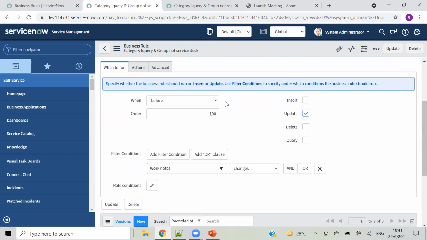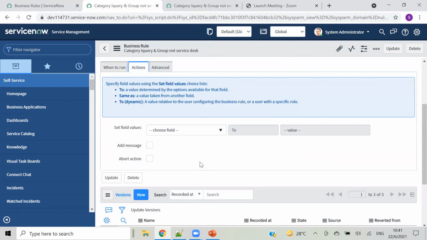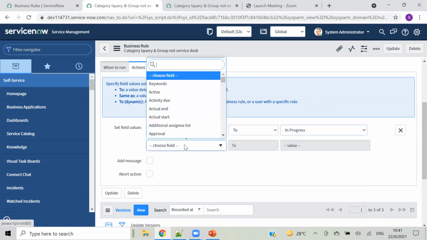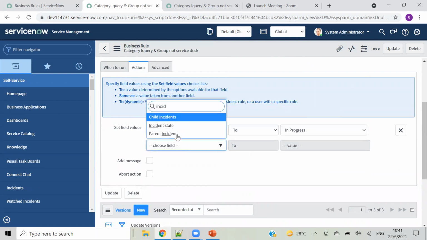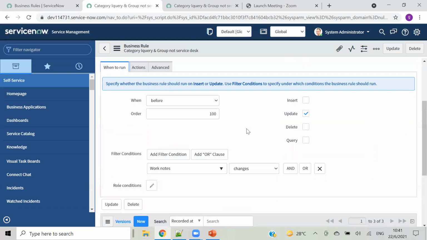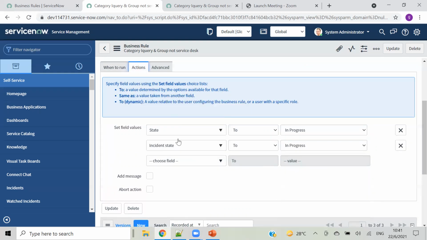Then on update, what it should do is set state to in progress and incident state also to in progress. So it's a simple example: when we are updating and we change these work notes, it should directly update this.